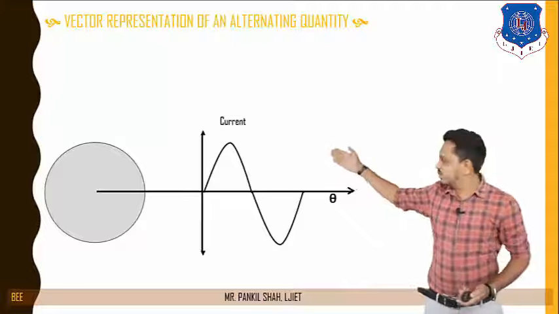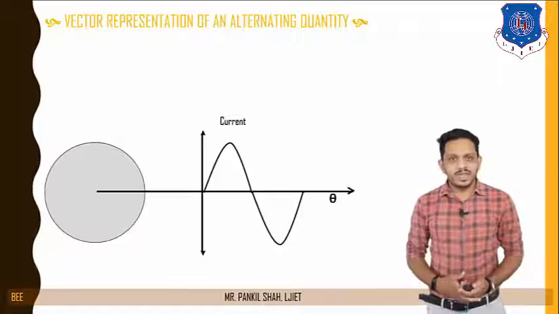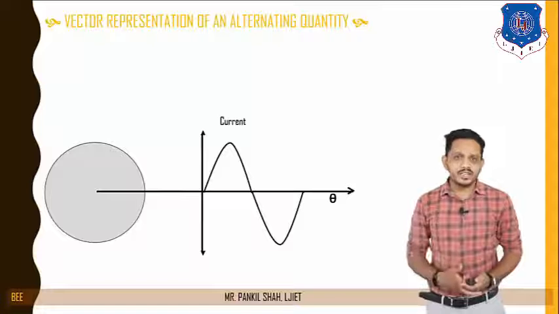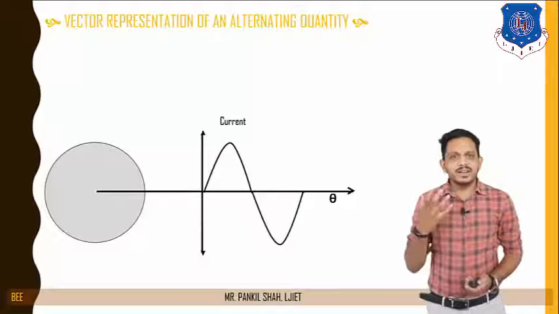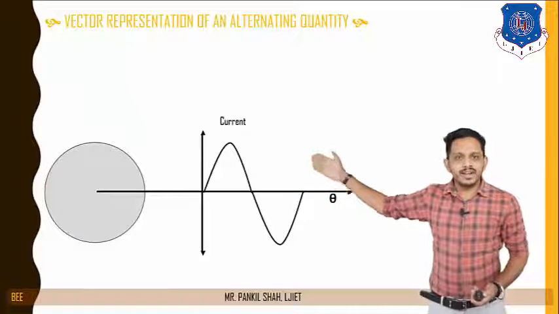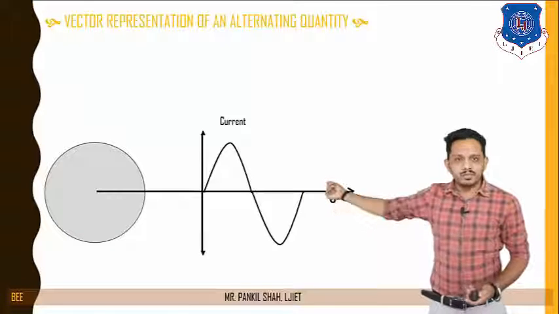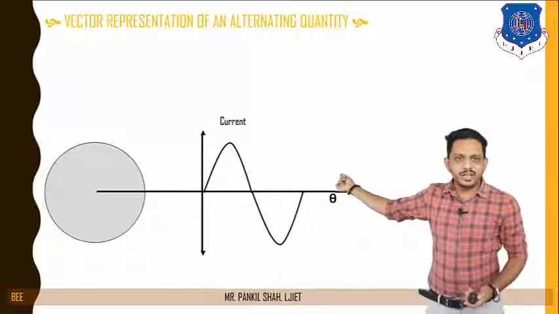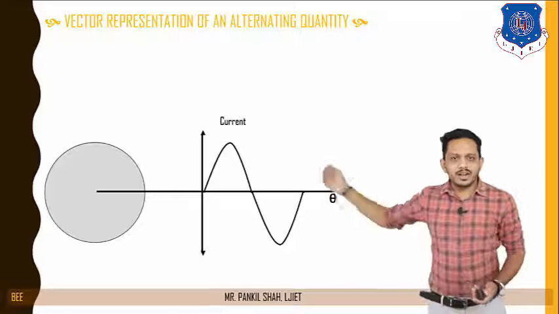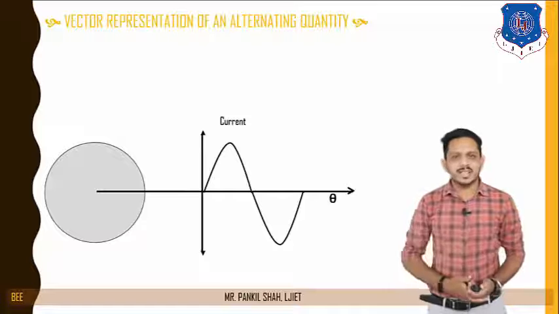You can see that there is one current versus time waveform here, and here we have taken one circle, and this circle represents the angular movement of your coil. Now let's see how the vector can be represented at different angles, because in this waveform you can find the magnitude at the desired angle. If you want to find the magnitude at 0 degree, you can put 0 degree here and you can see that there is zero current. At 90 degree there is maximum current. At 180 degree one positive half cycle is completed, and at 360 degree one full cycle is completed.